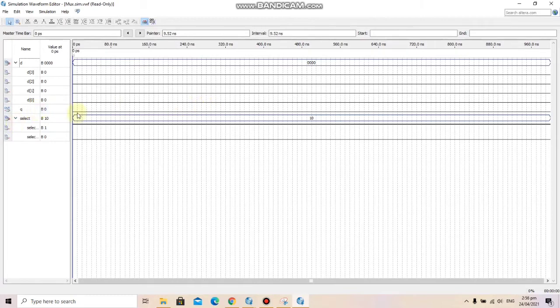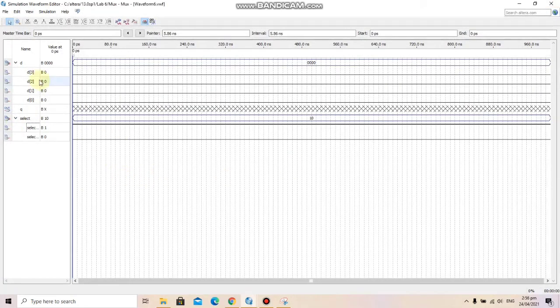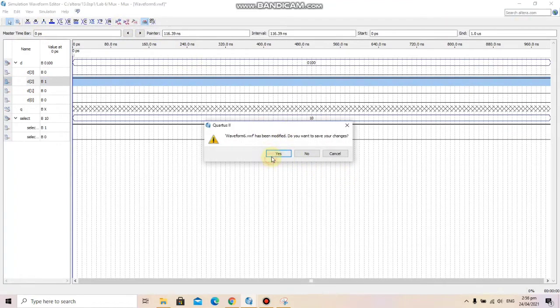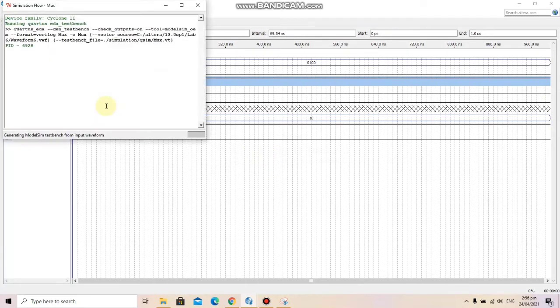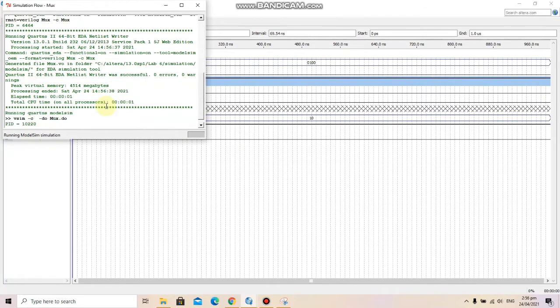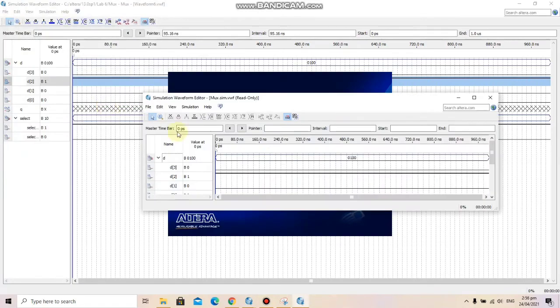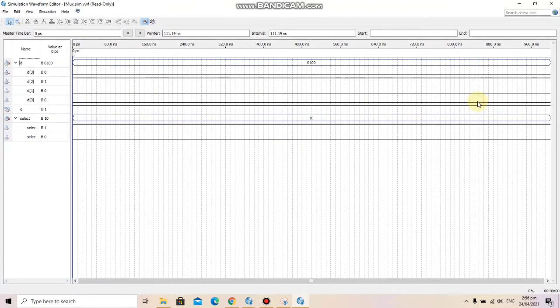Now let's change D2 to high. Now our output should be high because it equals D2, which is high. And here we can see that the output Q is high.